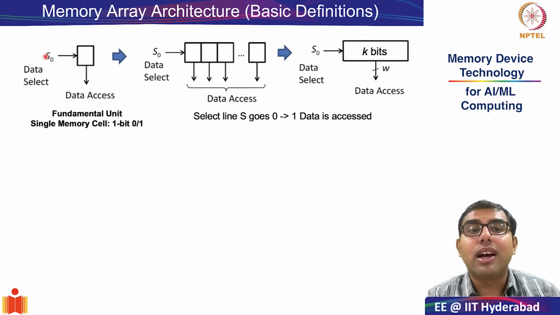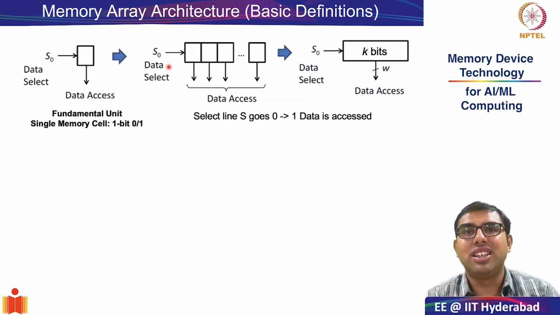The question is, how is this memory element accessed? That is done through the data select or data access bit. So it is not that at the output the memory bit is always accessible. Only when the data select bit is enabled is a meaningful value asserted on the data access bit. So a natural question to ask is, does each and every small element or each and every bit have a data select bit? No, that is not efficient.